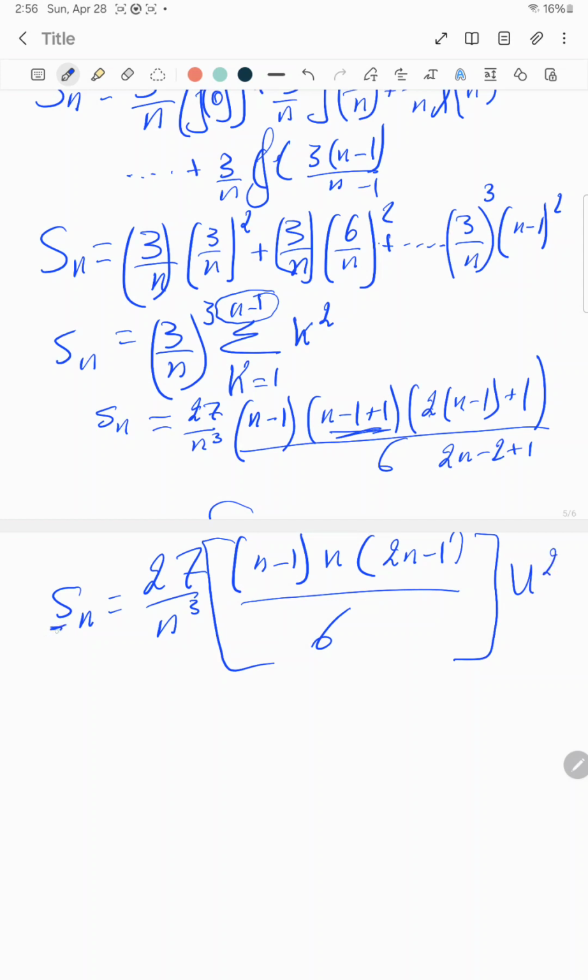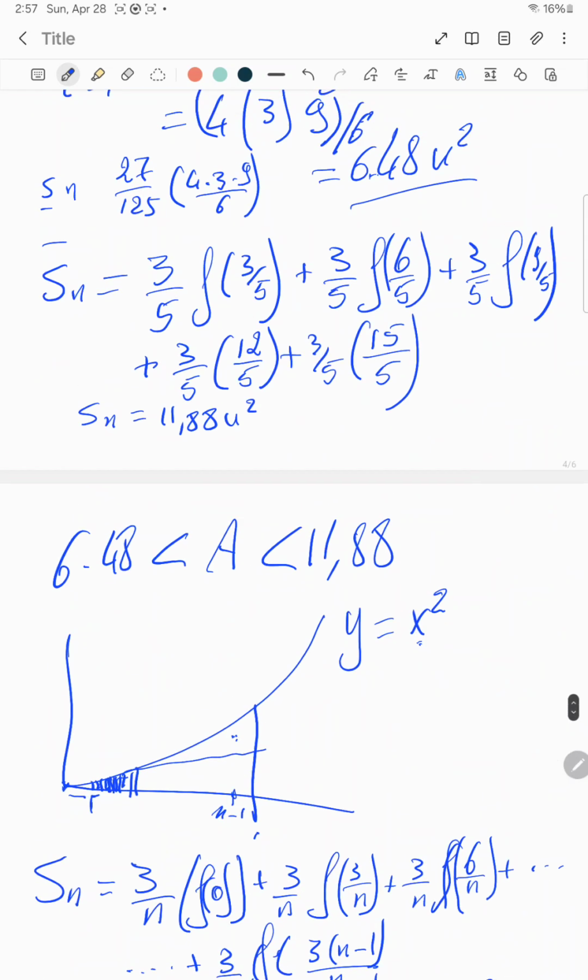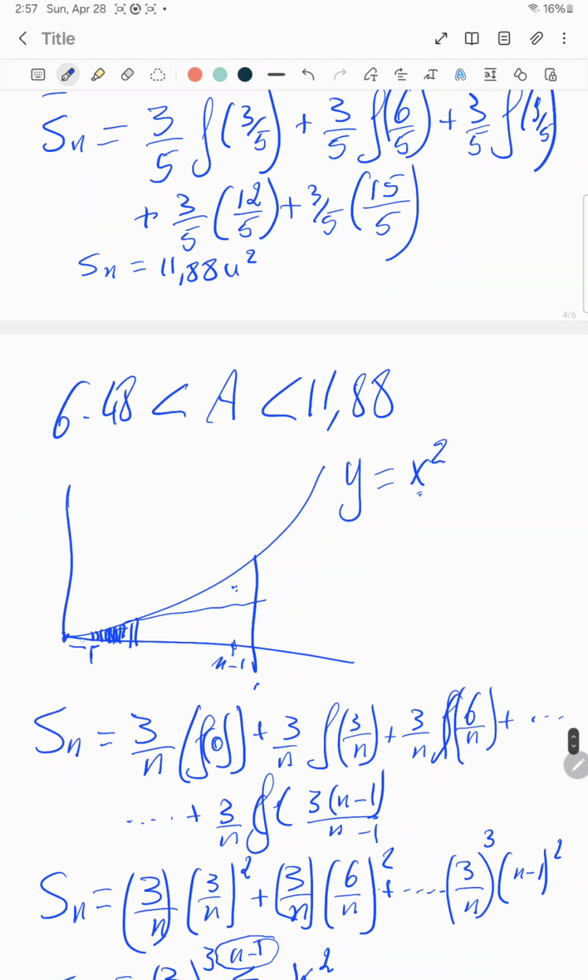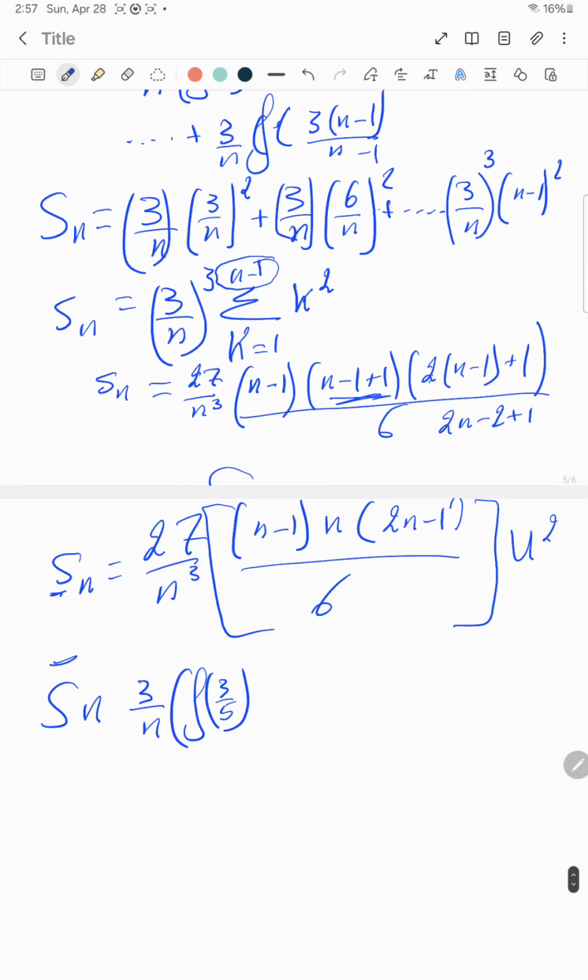And this is, I started with f of 0. The next one, I will start by 3 over n, but multiplied by f of 3 over n. I will start the second one, I won't start from here, I will start with the first one, and I will end to n with n. So if I plus 3 over n multiplied by f of 6 over n here, over n till the end, and my limit will be,